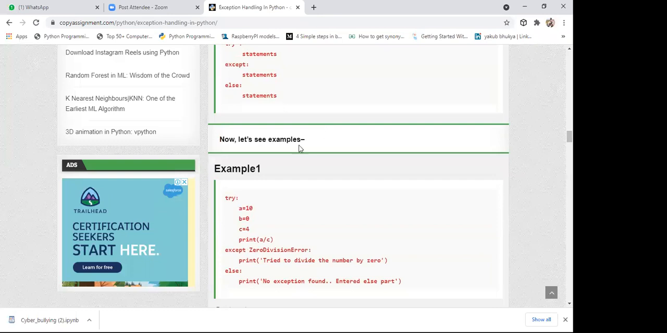So here you can see I'm defining a equals 10, b equals 0, c equals 4. So if you say a by c, that is 10 by 4, it will give you an output like 2.5. Here we are not having any exception. If you are not having any exception, it means